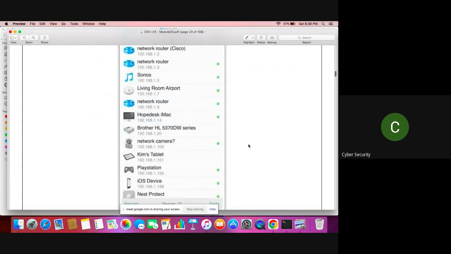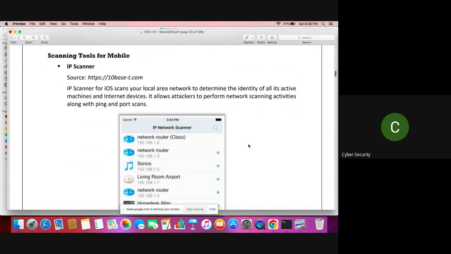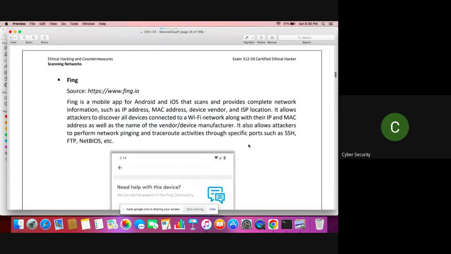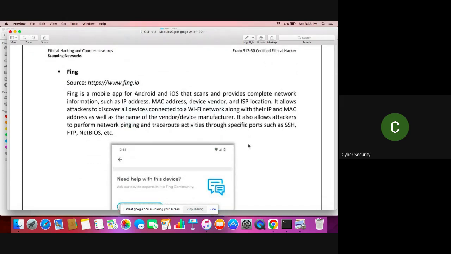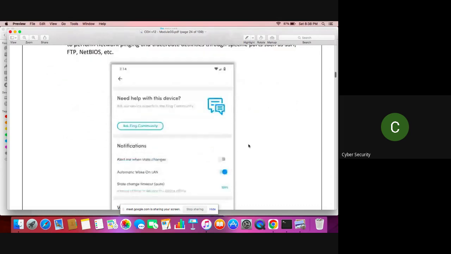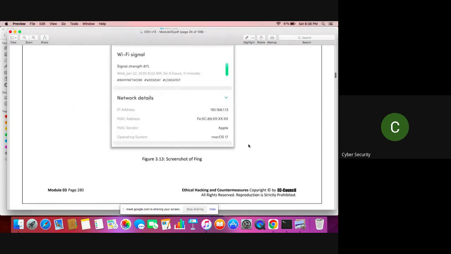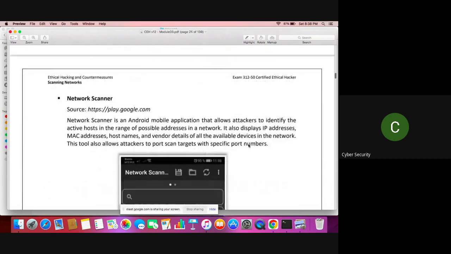So if you have this, but I think there's another one. Yeah, Fing. You can try to download this for Android and also for iOS. If you are connected to any, what's it called,